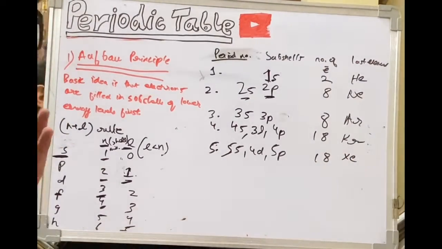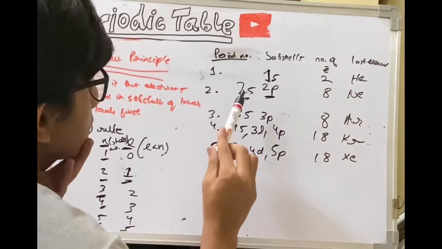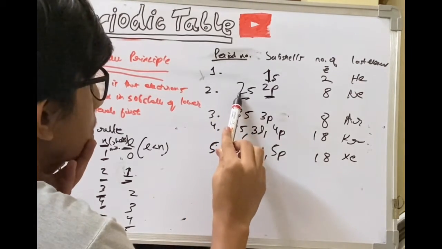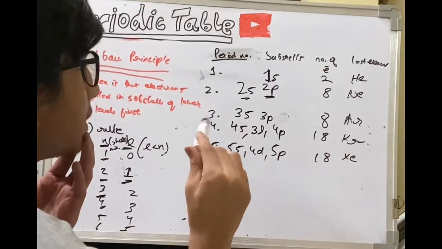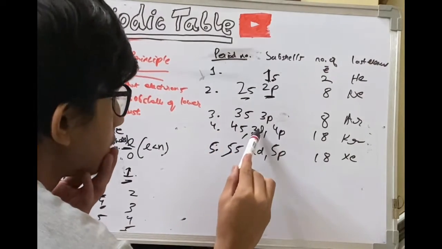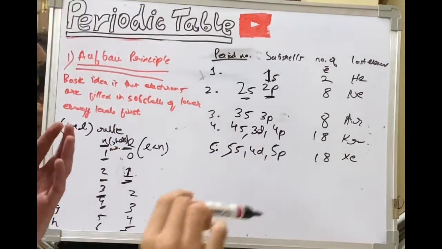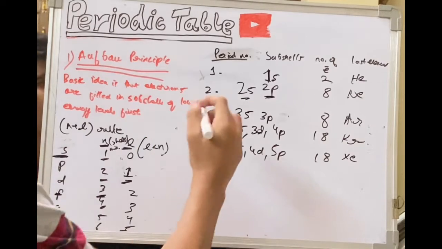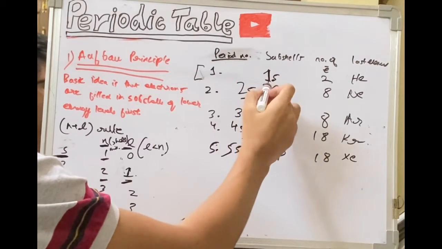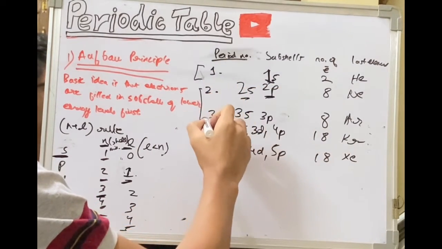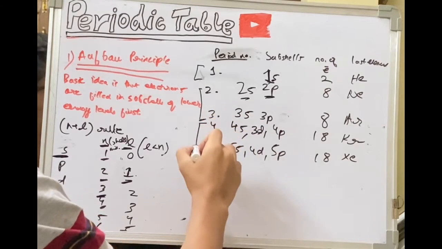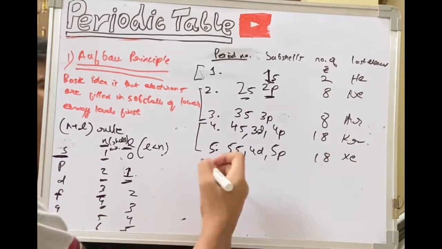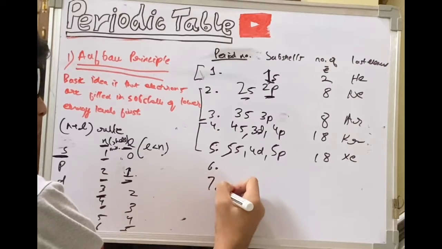Now you see a pattern over here, right? See, the coefficients of s and p are equal, but as we go below, the d depreciates by 1 and it comes between 4s and 4p. So you can say for the first one there is only 1, for the next it's 2, for the next it's 3, so it's going in a pattern. So you can easily remember this.